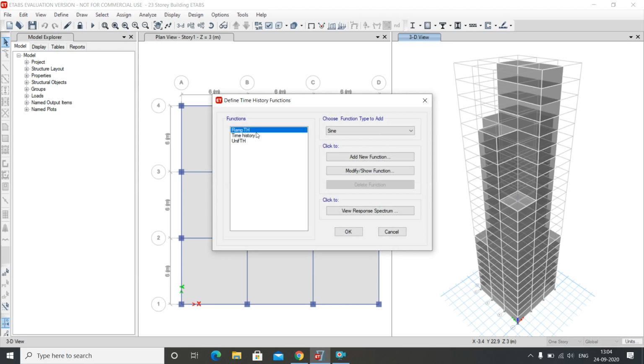Here you have to set the function as time history. Okay, then add a new function, and name it time history, and